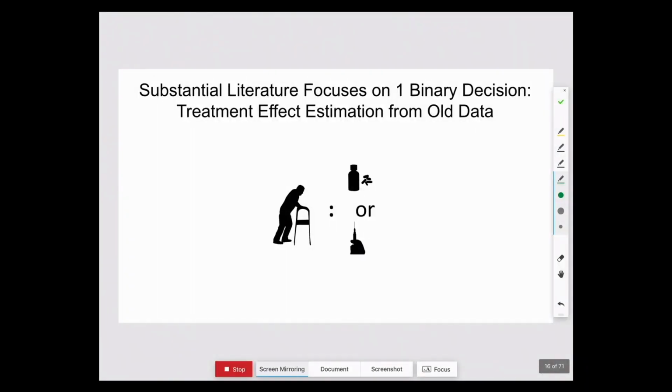Now, historically, there's been a huge amount of work on this problem, again, from econometrics, epidemiology, et cetera, but most of it is focused on one decision and it being binary. So we're thinking about things like treatment effect estimation. We want to understand whether or not the choice of now prescribing a drug compared to some control, maybe an injection, is significantly better. And often for whom is it significantly better? So a big question often here is in heterogeneous treatment effects.